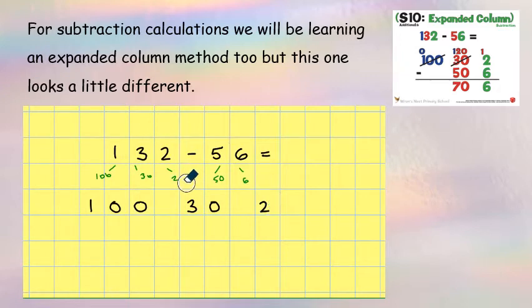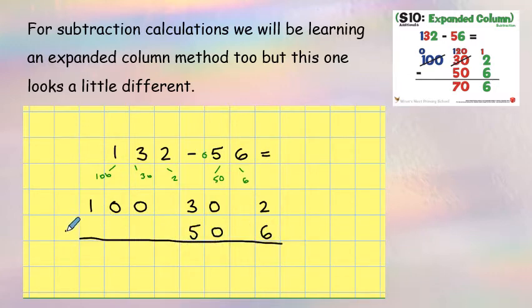Then we write in the tens number from the 2-digit number and the ones number. Now obviously the 2-digit number doesn't actually have a hundreds digit, so we can almost think of it as having a 0 in front of it, and that's why there's nothing under there. Lining up the columns, remembering to put in our equals sign and the number operation, and we begin to subtract